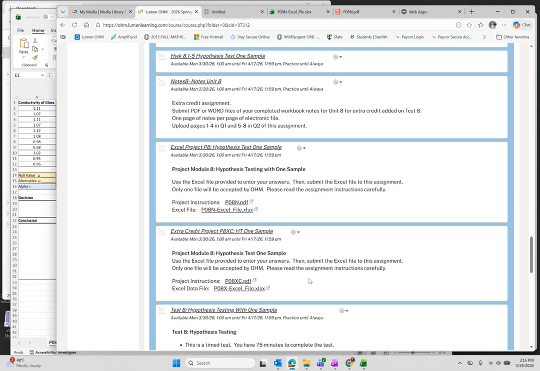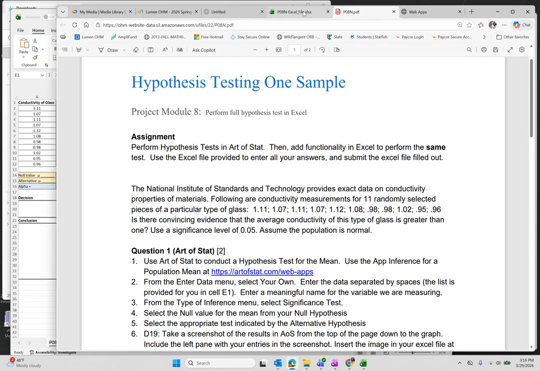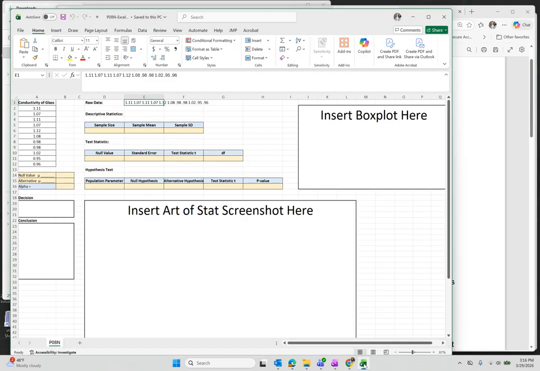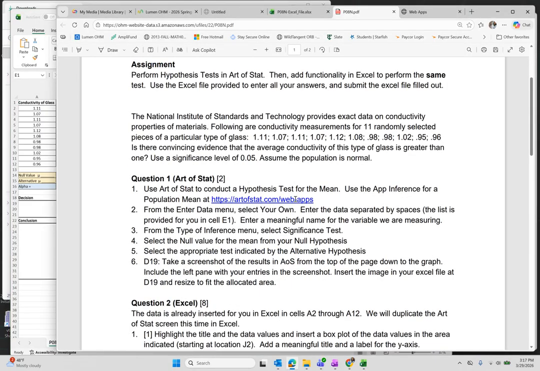We studied how to conduct hypothesis tests for one population parameter, and we are ready to do our Excel project for Unit 8 of our Statistics OER course. For that, we want to download or just view the PDF instructions and download the Excel file that is provided for us. I will work on this Excel file on my desktop app. So for question 1,